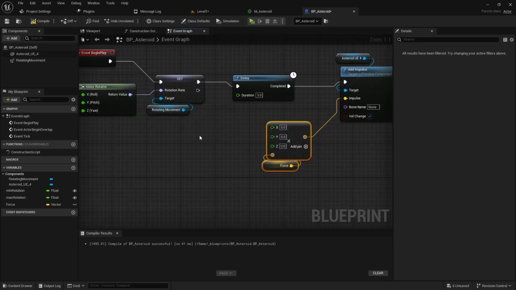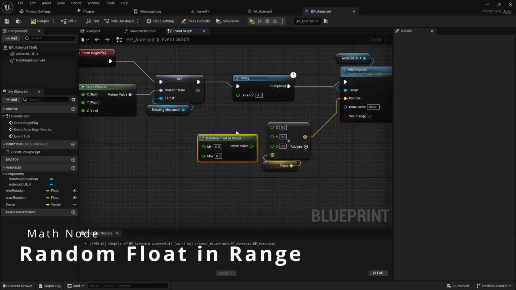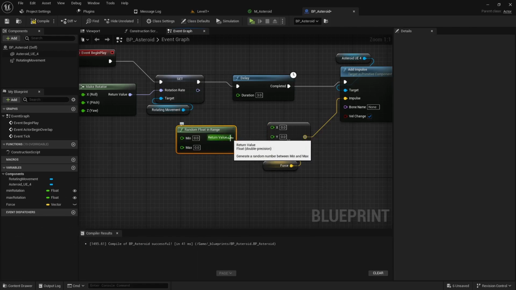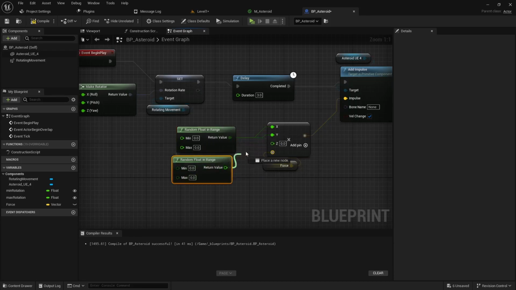But it's going to be more of the same, so we're going to do a random float in range. And now we can plug this into the X. And you have a few different options here. We could just plug this into the Y and the X, or you can duplicate it and plug this one into the Y, and that way you'll get a slightly different behavior just with that setup, because it's not going to be the same random number generated for both the X and Y. It'll be slightly different, and it's important to do it on this one,